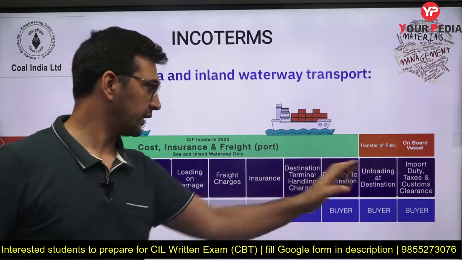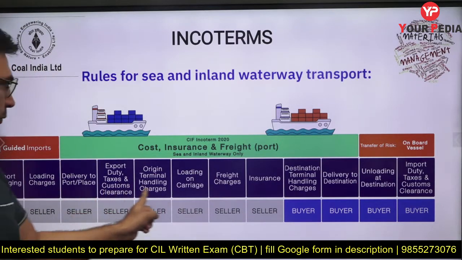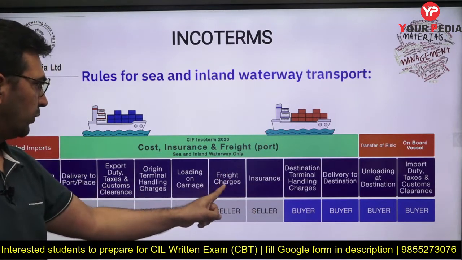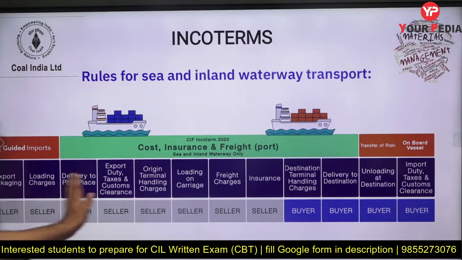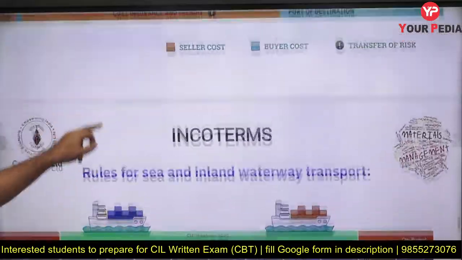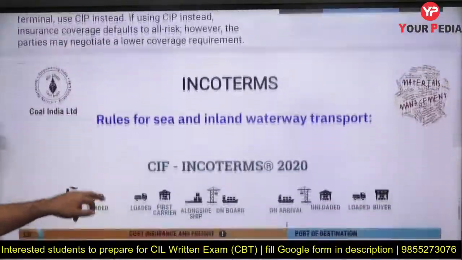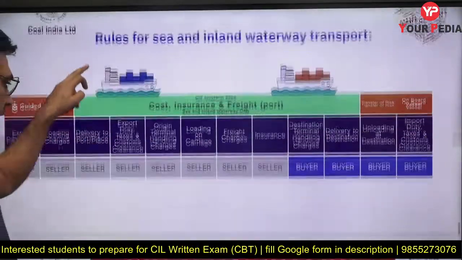Now this is on the other side, right? So this is the buyer side. Now you are having all these charges up to this point. Even insurance you have included, freight you have included, loading charges and all that you have already included, right? So this is how you have to see these different terms which are associated with this